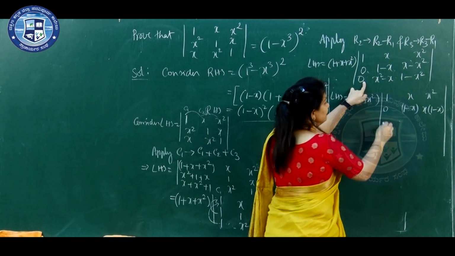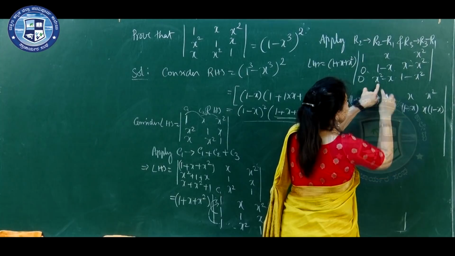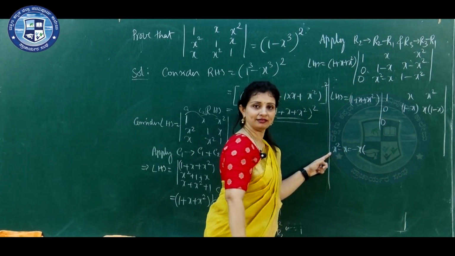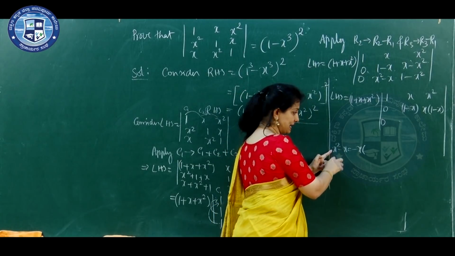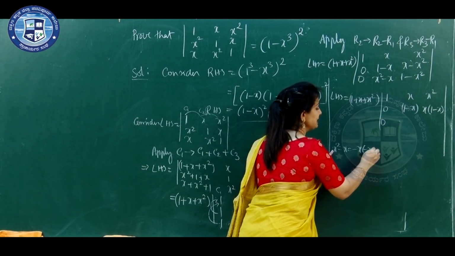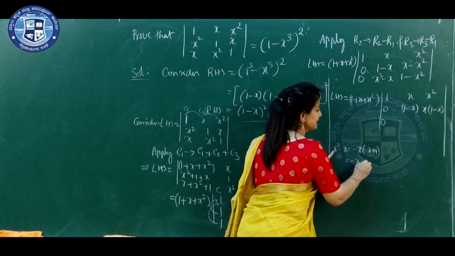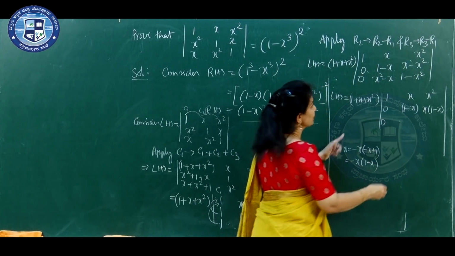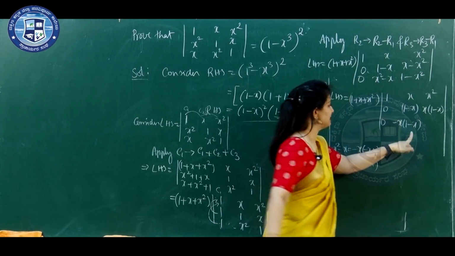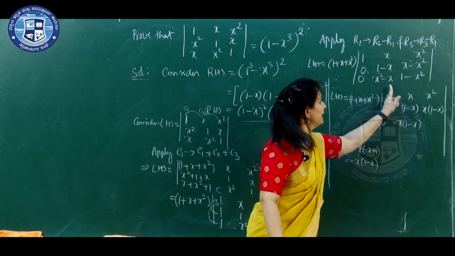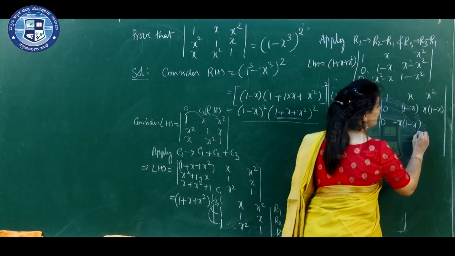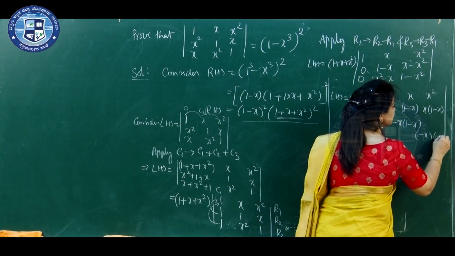Okay. And the third row, 0, and here x square minus x means take minus x outside, common. So, this is minus x, here minus x is taken out, so here we get 1. Here is minus x plus 1, or we write minus x into 1 minus x. So, this one is minus x is taken out, so 1 minus x is the factor. Just to get the factor 1 minus x, I have taken out minus x. And 1 minus x square, how will you write that? 1 minus x into 1 plus x.